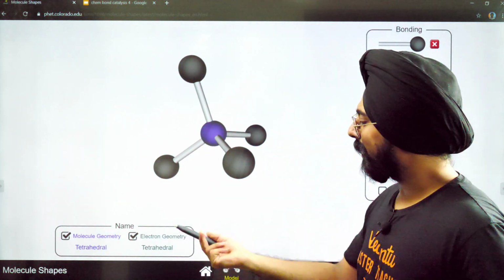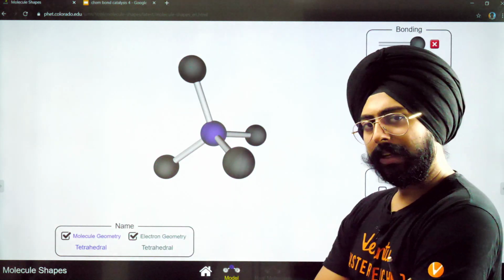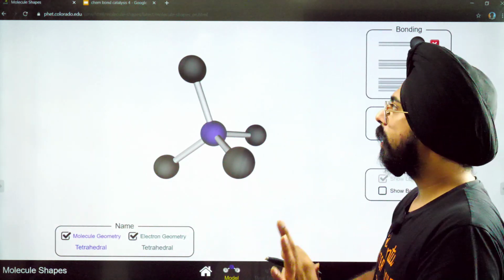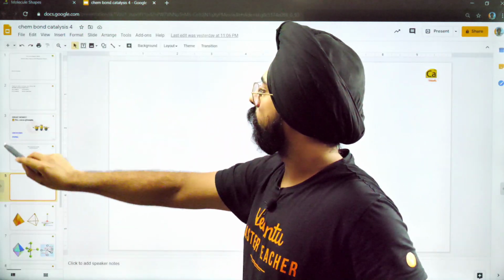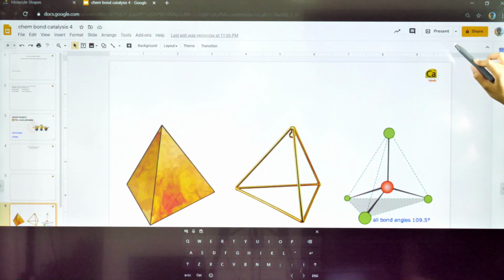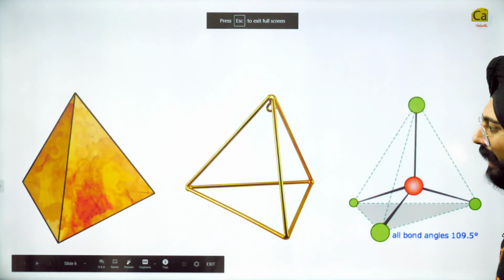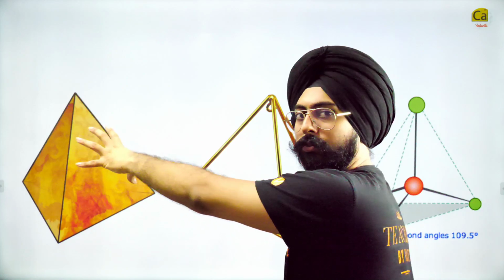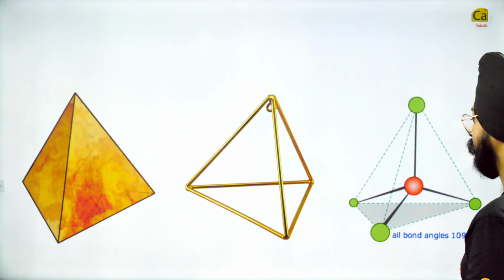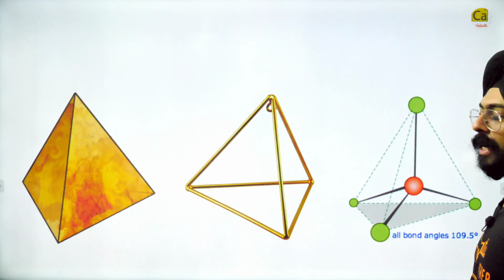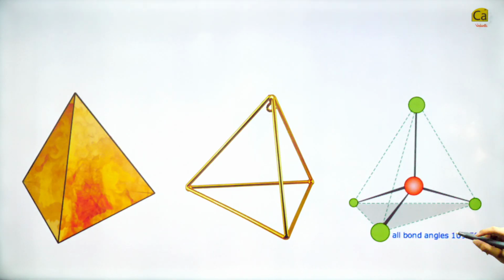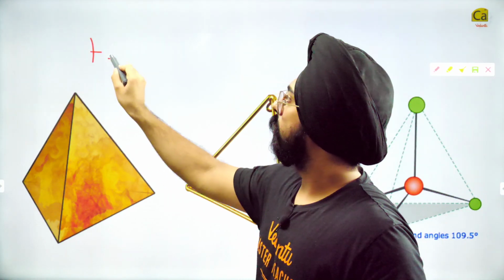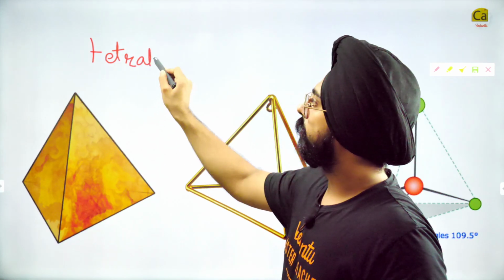But what is the tetrahedral over here? My dear friends, have you heard of the tetrahedron? Tetrahedron नाम सुना है? I'll show you what the tetrahedron looks like. Yeah, tetrahedron. So people, this particular 3D shape, okay, this is a full solid shape, this is just the outline of that shape. This 3D shape is known as a tetrahedron. I'll write the name for you as well. Okay, so this particular species is called the tetrahedron.